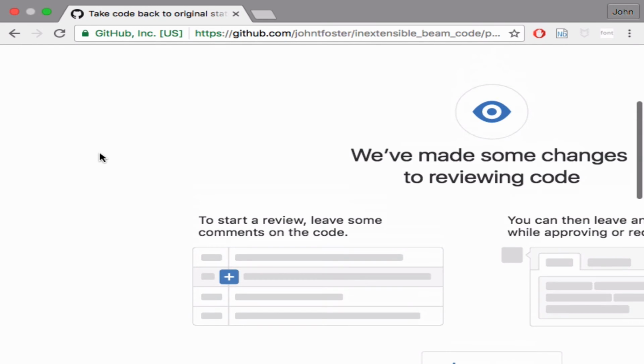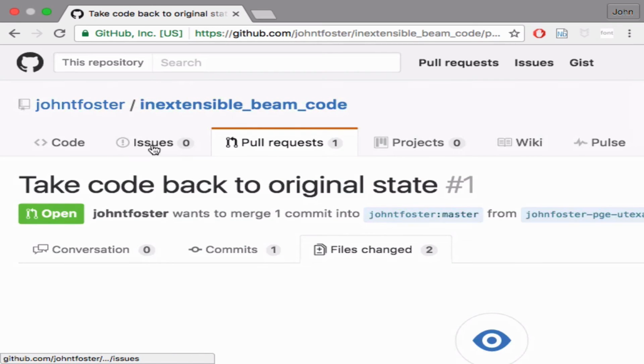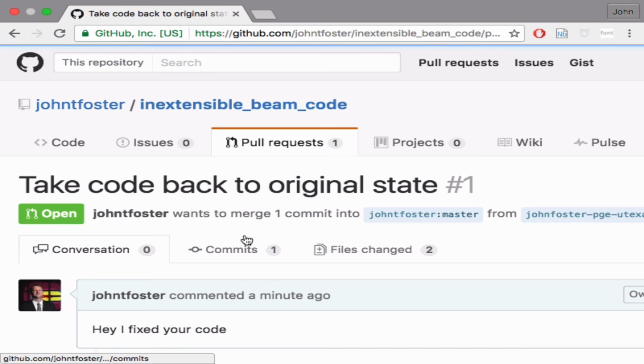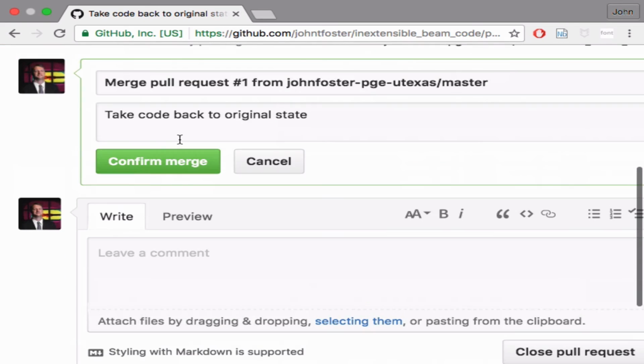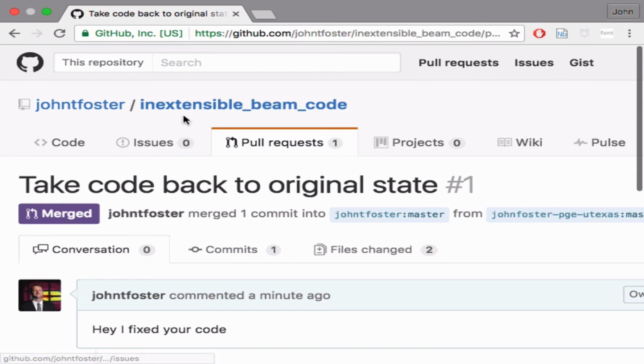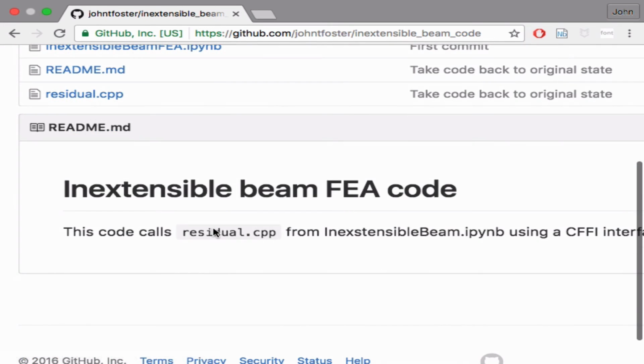Ultimately, I go back to the pull request and say, merge this pull request. Confirm the merge. Now, go back to my code, and the hacks are gone. The code is back to its original state. So again, this is for a collaborative environment where you're working on things as a team, and the workflow would be,